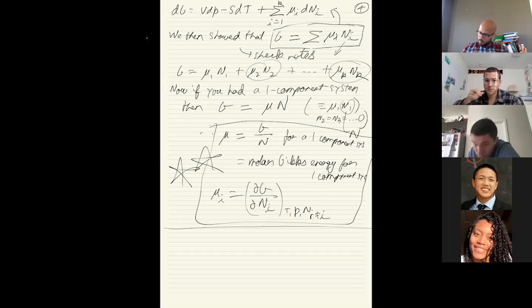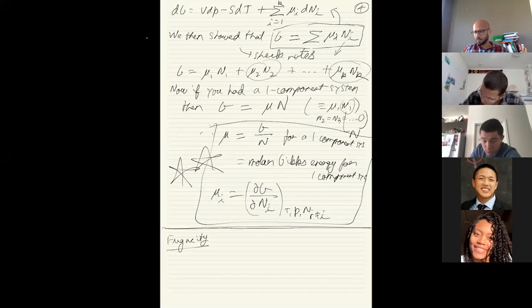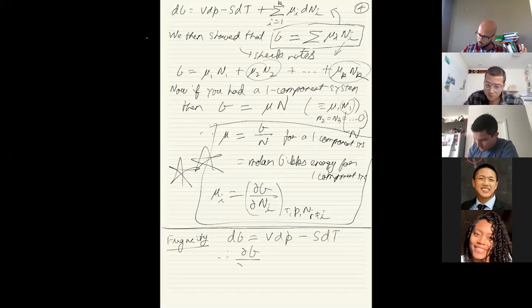The other thing I want to review quickly is the second popular topic that some of you protested you don't quite understand. And that's frankly because we did not go over it that much, which is the concept of fugacity. How did fugacity come into the picture? Fugacity came into the picture again by starting with our integrated first and second law of thermodynamics. We wrote down dG is equal to VdP minus SdT. Therefore, partial G by partial P at constant T is equal to V,